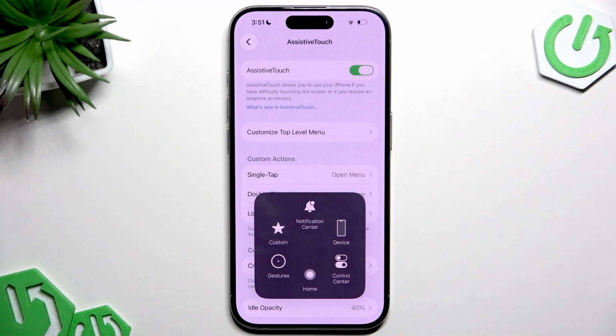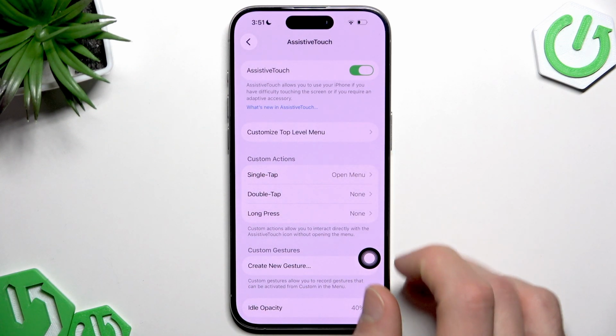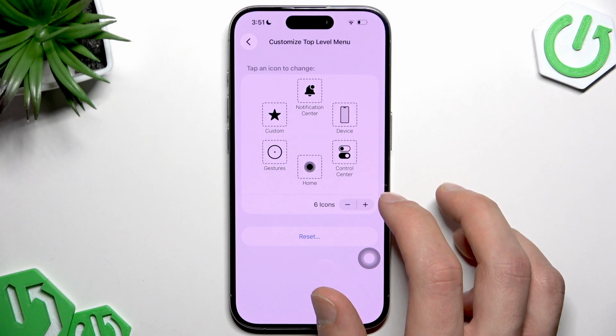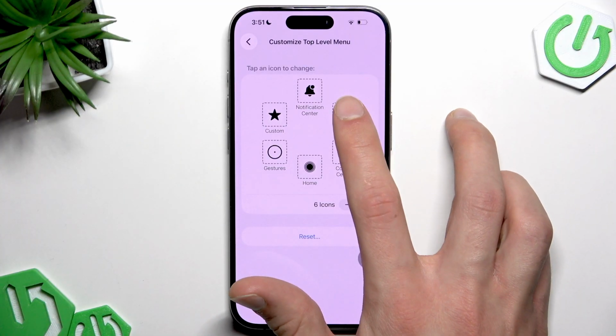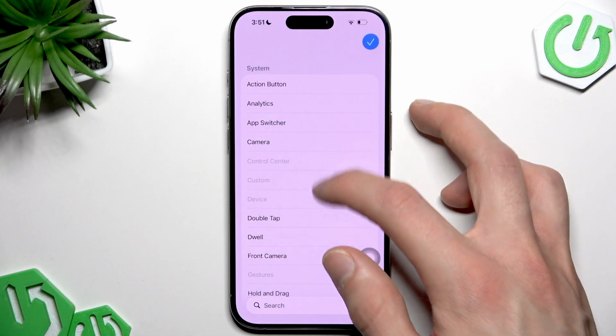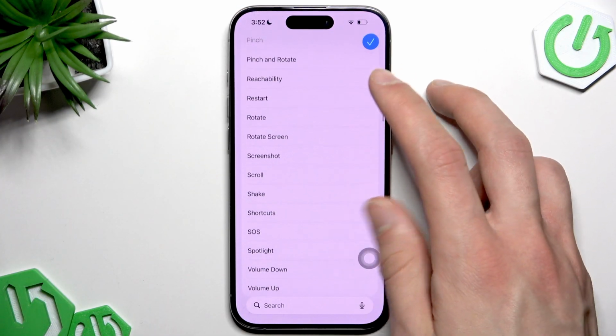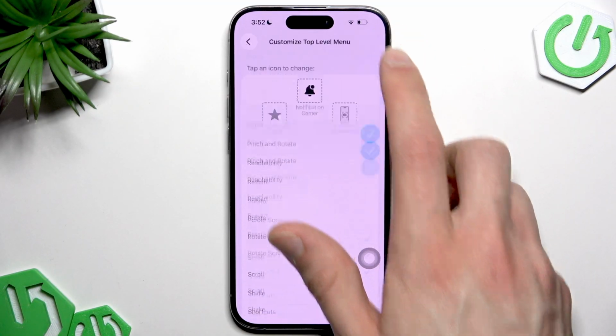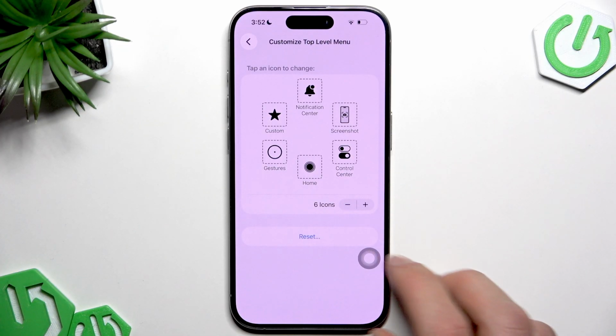Once you tap on it, you will see different shortcuts you can use with it, and if you want to customize them, tap Customize Top Level Menu and select which shortcuts you want to change by tapping on a shortcut and selecting a different one. Tap OK to apply changes, and